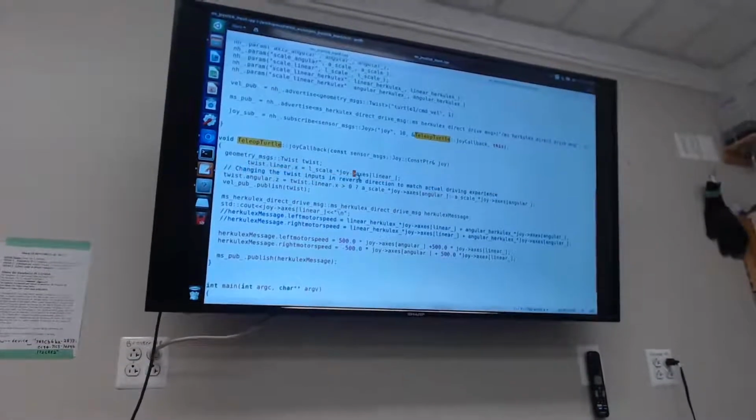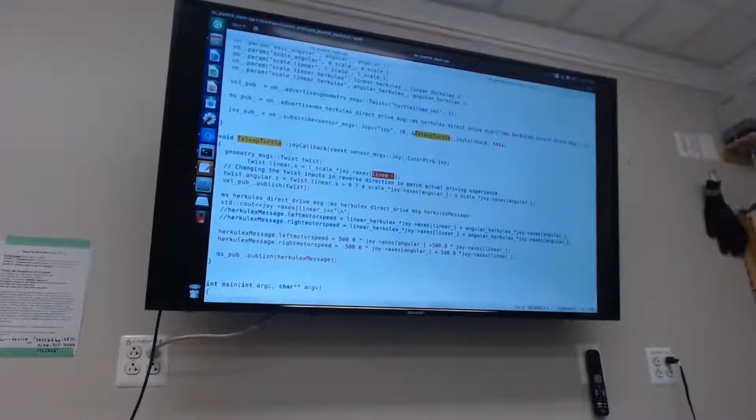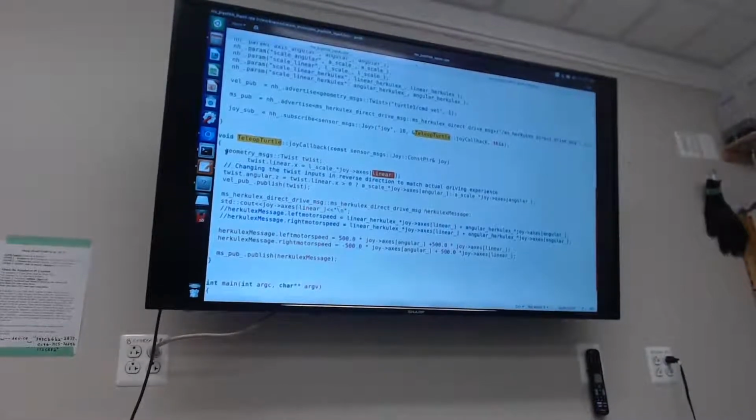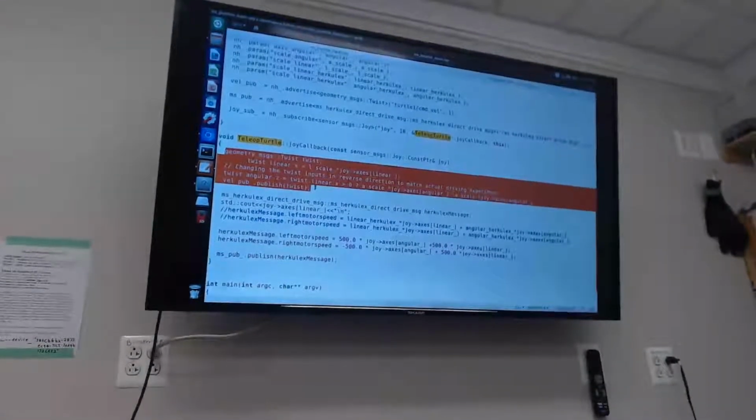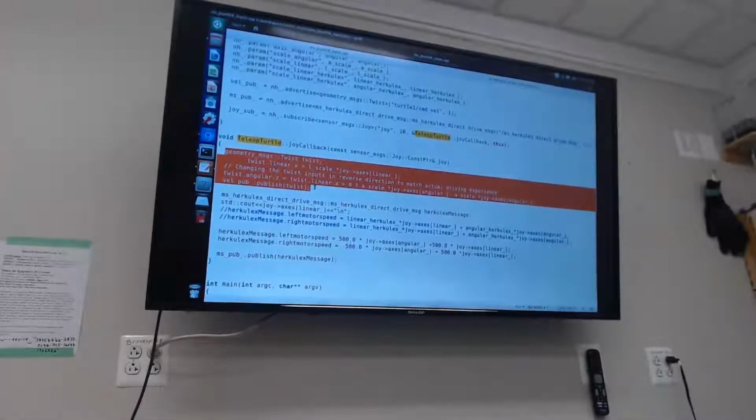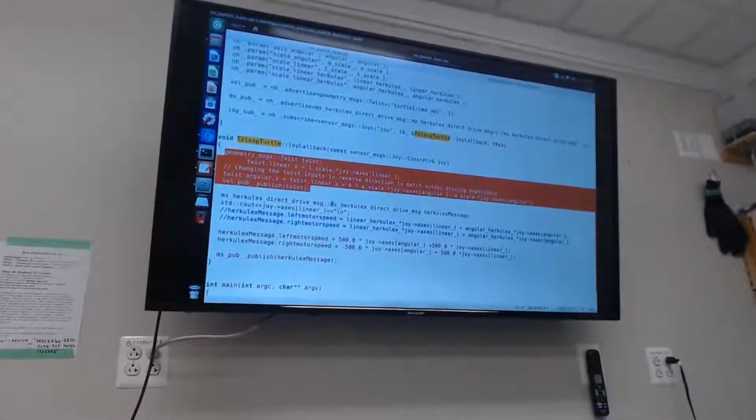So axis linear, yeah. So that is all I'm doing here. I'm scaling these inputs to some reasonable value that I'll be feeding to the motors, and that's it. Once I'm doing that, I'm simply publishing those messages